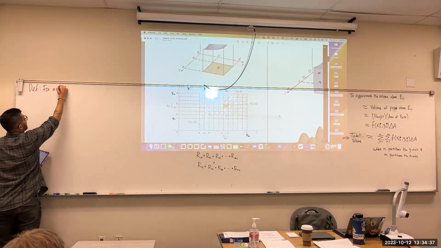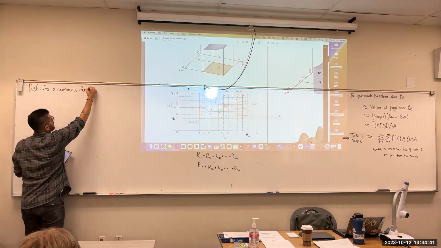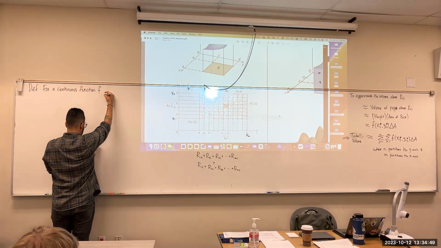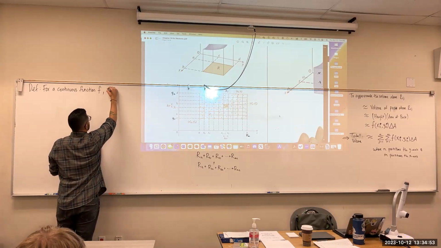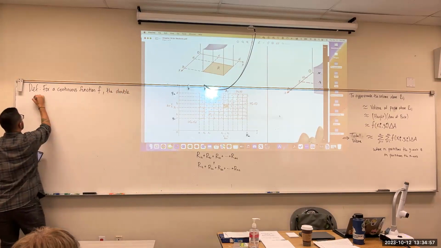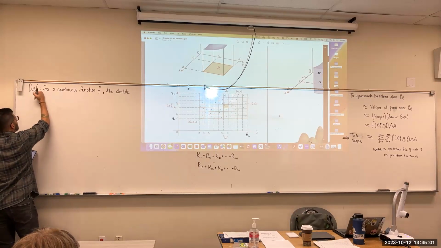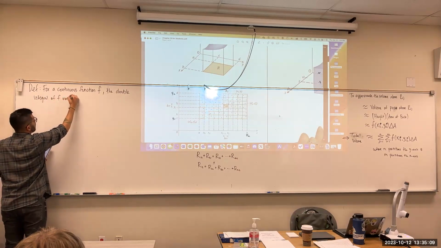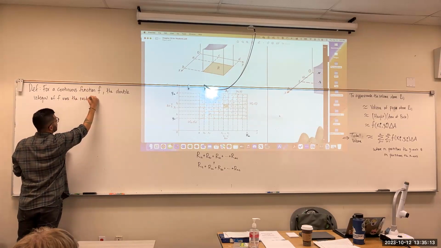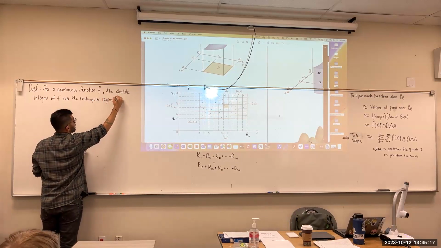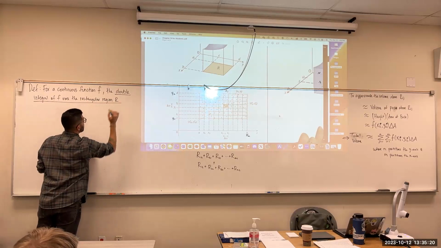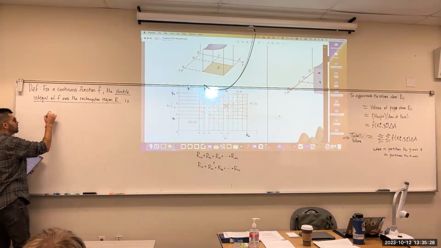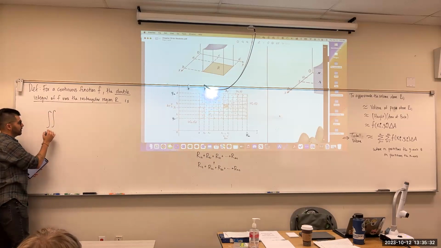We're going to say for a continuous function f, the double integral of f over the rectangular region R is, and since we have a double sum, we're going to use two integral symbols. Exactly. Okay? But this time we're going to say over R